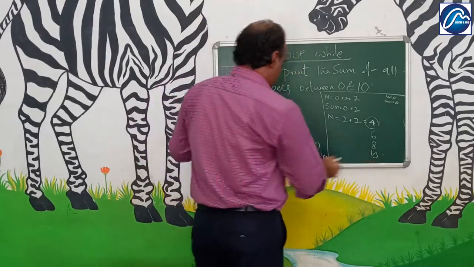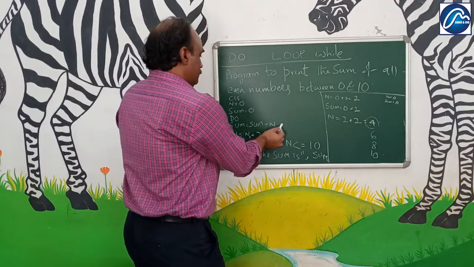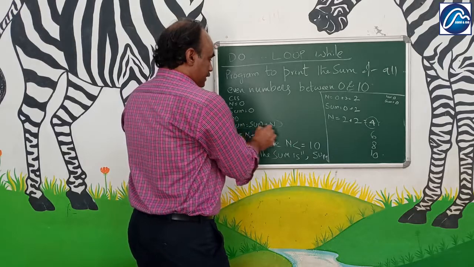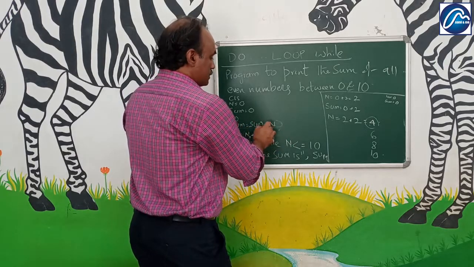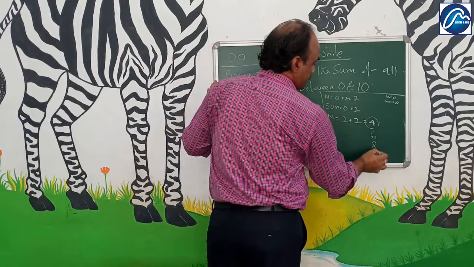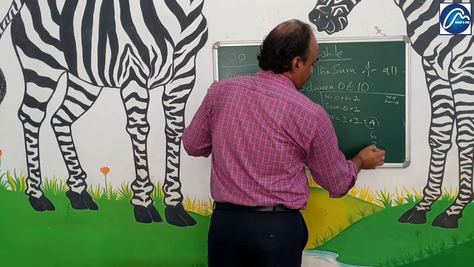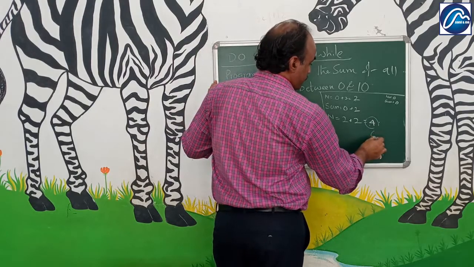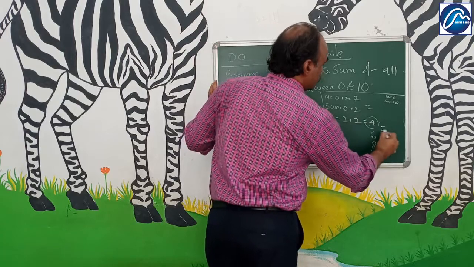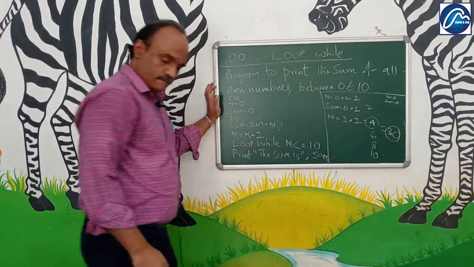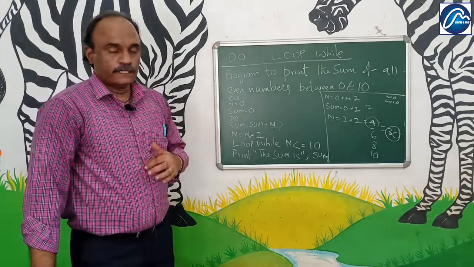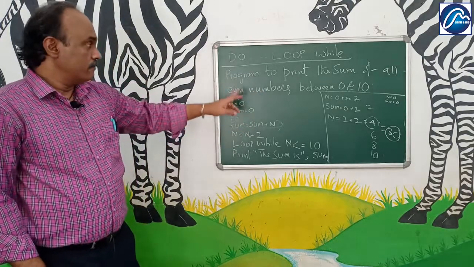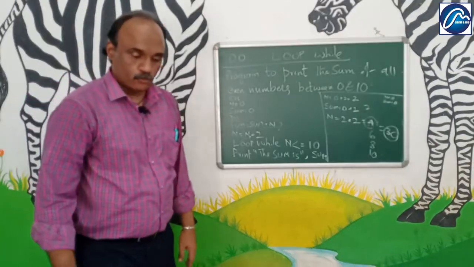Okay. So what is the sum of all this? See, here it is getting summed up. See this line here. When it comes to the loop, it goes to do. Then again it is coming to sum. Sum is equal to sum plus n. So 4 plus 6 plus 8, 18, plus 4, 22, 26, 27, 28, and this 2. So it comes to 30. As I have told you in the beginning, it is very difficult to elaborate these things on the board, but it will be very easy when you do the program in QBasic.